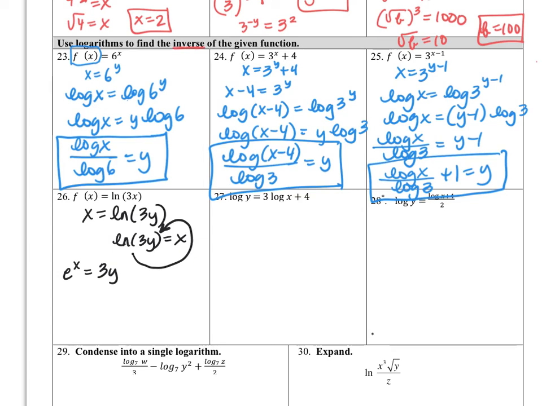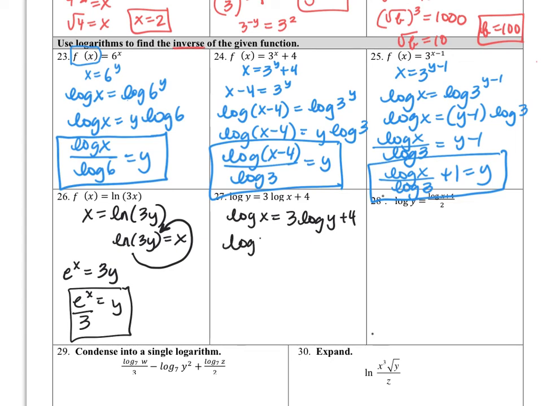Once we have it like that, we just have to get y by itself. So we divide by 3, and voila, we are done. It's actually not as bad as you think. Okay, so the next one, we need to interchange the x and y. And we want y by itself. So this one does look interesting. Okay, so this would be